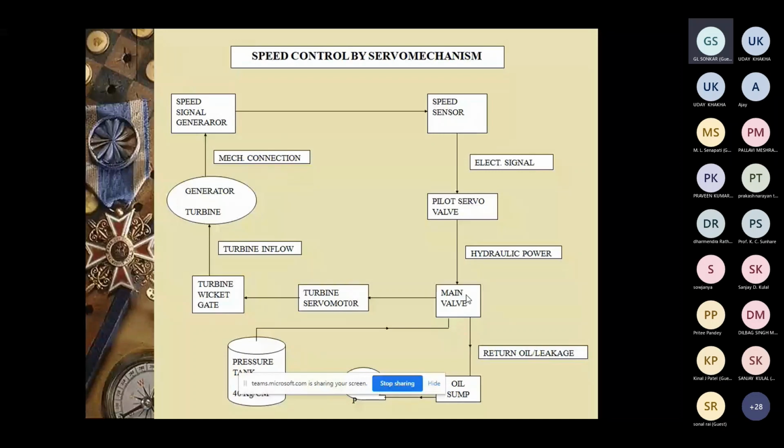Then the output is given to the OPU system, as I told earlier. There is an oil sump there. You have some oil there. Then there are two pumps: one pump is standby, one pump is operating. And then you have the servo motor. The oil is coming from the OPU to the servo motor and to the inlet valve. This inlet valve is controlled by the governor only. Then the servo motor is connected to the wicket gates, and the wicket gates are connected to the steering. Then your turbine generator, the flow is like this.